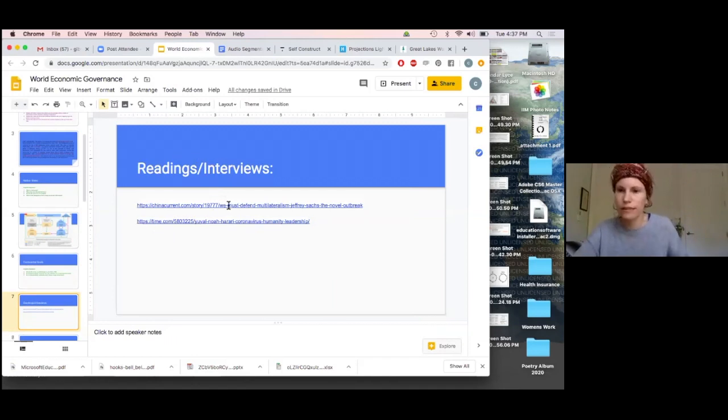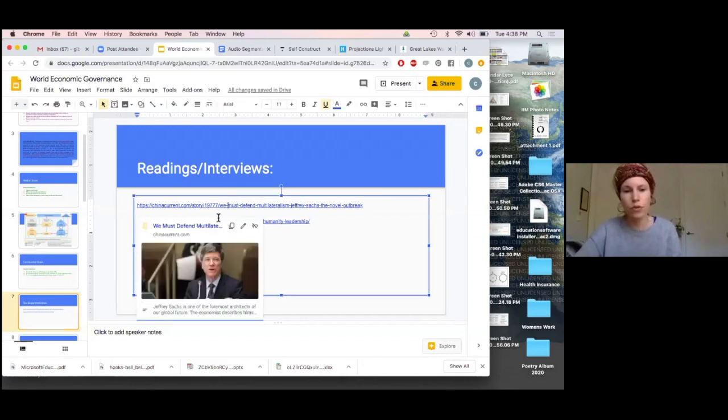So Jeffrey Sachs, who I'm sure many of you know, who heads up the Earth Institute, he spoke at our school and intervened at a couple of our classes last year. And then he also wrote lots of books, one of them, The Age of Sustainable Development, which we use in our class. And so one of the things that we asked them to look at is this interview. So he is in conversation in this interview, it's about 7 minutes long, with an expert on some of these questions, and he basically